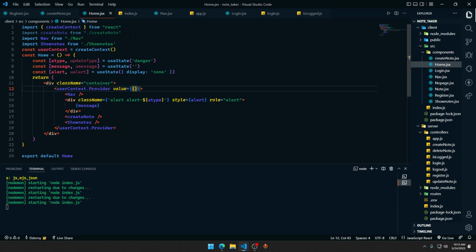Value is going to be, this means it's an object, so what we're gonna give it is update type as update type, new message as new message, new alert as update alert,